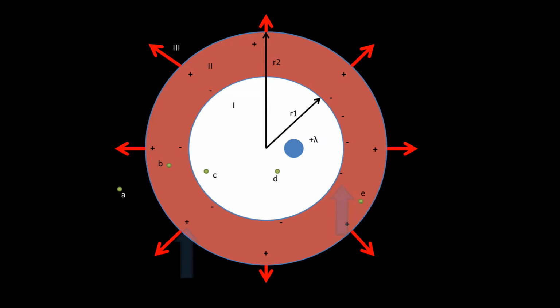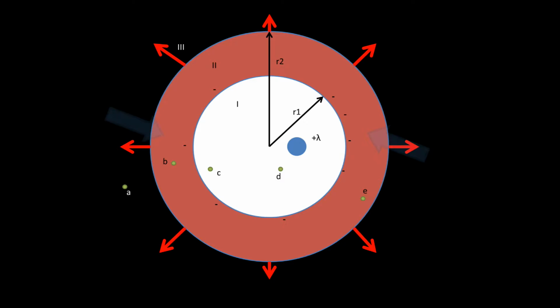The next part of this question asks us to draw positive and negative symbols where positive and negative charge would be. Because there is a positive lambda charge inside of the ring itself, and the ring is uncharged, there's going to be a distribution of positives and negatives within the ring in order to keep it uncharged. As there is a positive in the center, it's going to attract more negative charge towards the inside, making the negative charges, as seen here, go around the inside of the ring, with more negatives being concentrated near